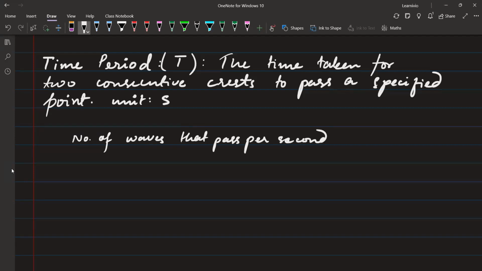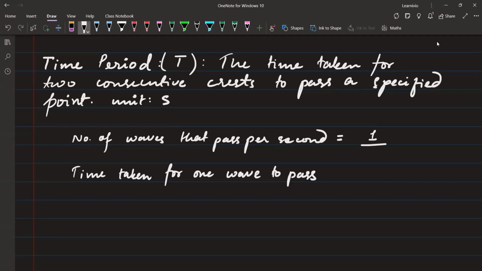अच्छा, टाइम पीरियड क्या है? टाइम टेकन फॉर वन वेव टू पास. ठीक है, तो बेसिकली क्या कहना चाह रहे हैं? दिस विल बी इक्वल टाइम टेकन फॉर वन वेव टू पास. ठीक है, नंबर ऑफ वेव्स दैट पास पर सेकेंड. ऐसा कुछ लिख सकते हैं रिगार्डिंग दिस पर्टिकुलर फ्रीक्वेंसी के लिए. दिस विल बी इक्वल टू 1 upon time period. देखिए ध्यान से।